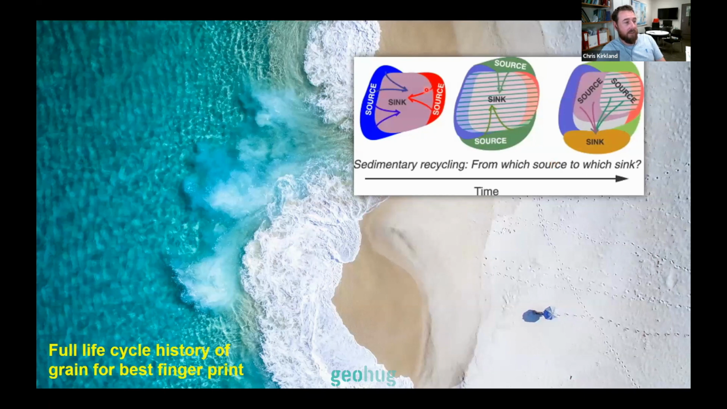Has it come directly from a granite source into our basin, or has it been multiply reworked? In other words, has it come from one granite source into a beach sand? Has it gone from that basin into another basin into a sedimentary rock, being reworked out of a sedimentary rock, being reprocessed multiple times? So how can we try and get this idea of the full life cycle history of our grain to understand